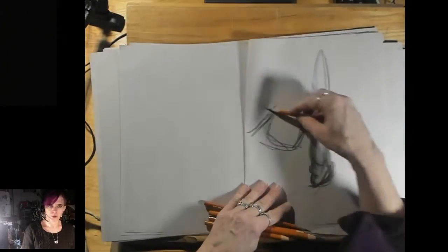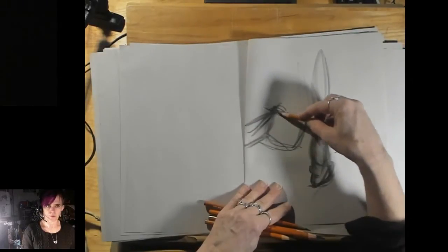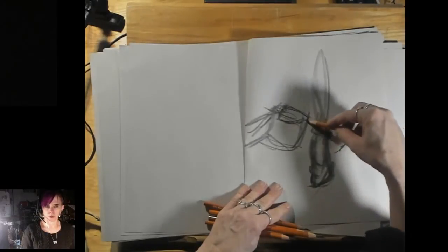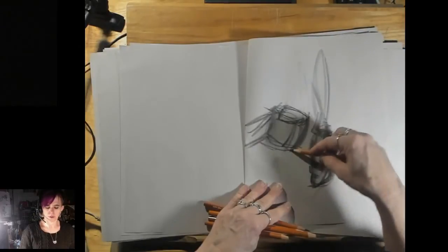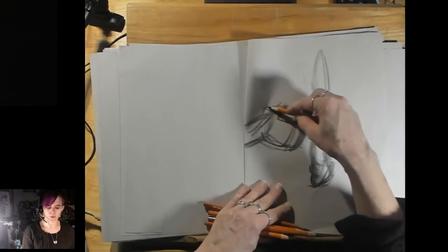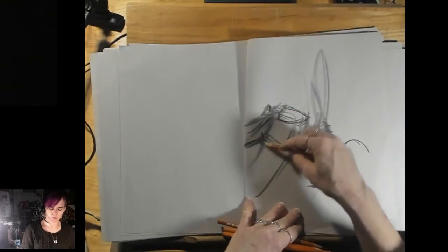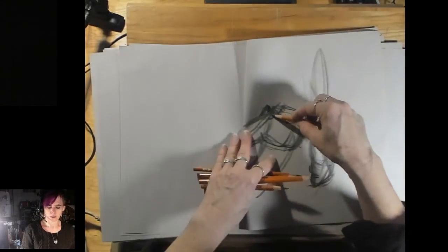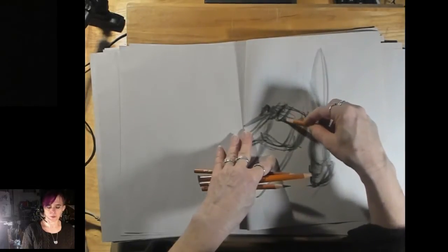It's still the box of the hand, the arm, the thumb. Fingers will almost always line up, so you can pretty much count on the knuckles lining up on the fingers. There's a thumb right here. Here's the other hand. Look at all the ways we can move our arms and hands. It's quite amazing. When it gets right down to doing fingers, I usually, depending on how much time I have,